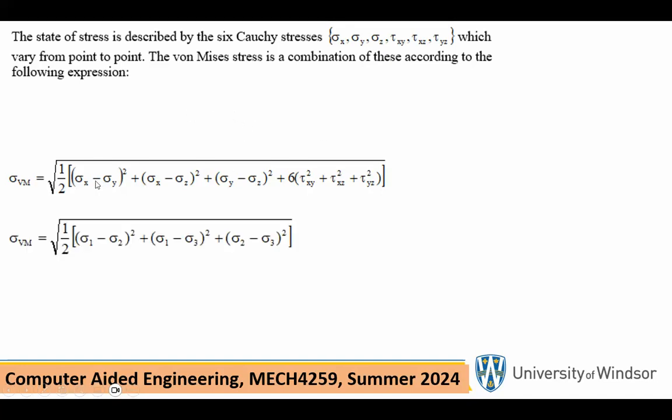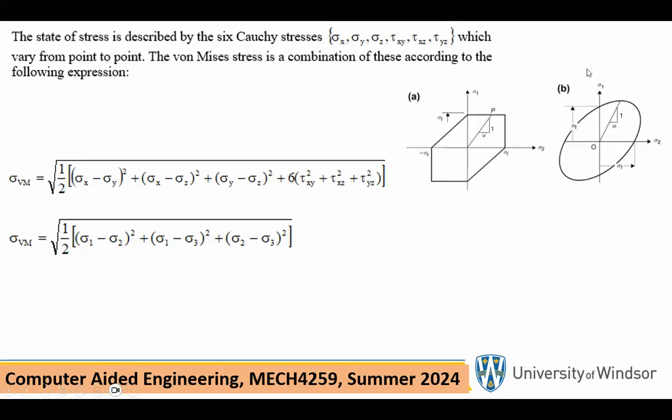If these 6 components of stress are in the x, y, z direction or principal direction, there is no shear associated with them, and therefore these last 3 terms are not present, and that whole thing reduces to this. And of the different failure criteria, one of them is the von Mises failure criterion, which means that your von Mises stress, effective stress, must be less than the yield strength. Essentially, it tells you that for a 2-dimensional situation, you have to be inside of that ellipse, or it can be a Tresca criterion where you have to be inside of this